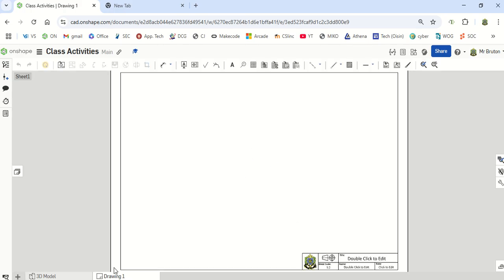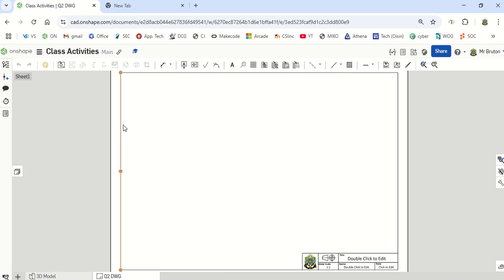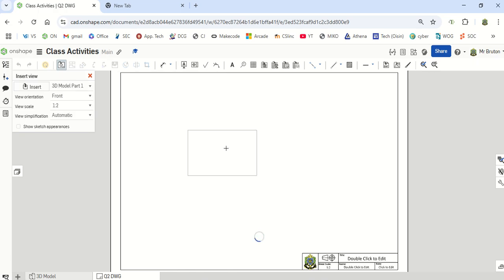So immediately I'm going to rename this here. Question 2 DWG. DWG is short for drawing, okay? Now, it automatically opens this up here. If this bar is not opened up for you, I'll just X out of it. If that doesn't automatically open, you click this button here. And we're going to go insert, and we're going to insert part 1. Now,